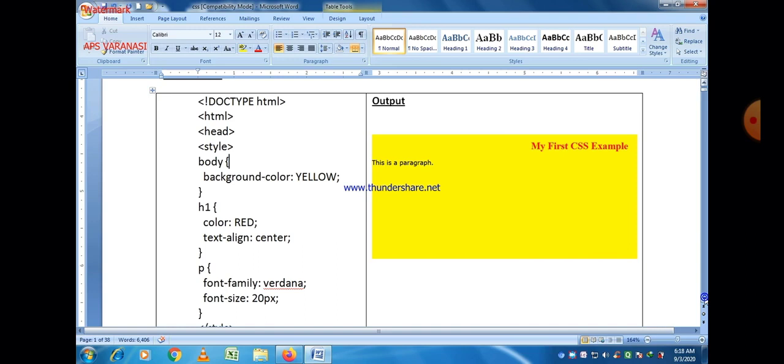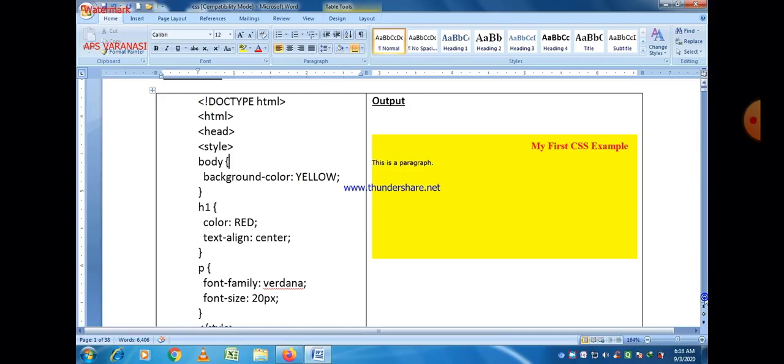And then h1. We know h1 is a heading tag. If you want to apply any property on heading h1, we can also apply it using this style tag. Just write h1, and after that curly braces, and write different properties. We have applied two properties, color and text-align. We write color colon red. This is the syntax: we separate attribute and value by a colon, and after that put a semicolon sign.